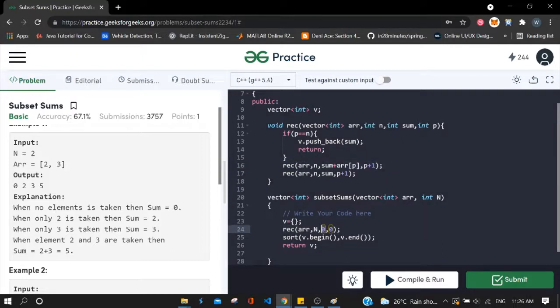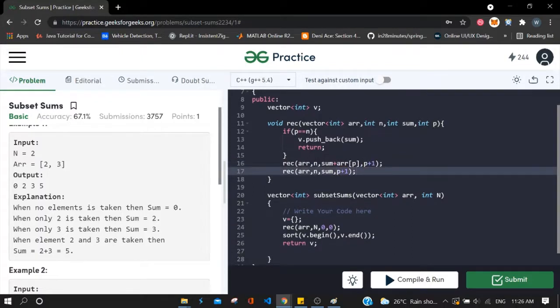Now we'll be adding array of 0, so the sum plus 2 will finally be 2, and we are incrementing the index, p plus 1. In the second case we have the leave-it approach, so I'm not adding anything, simply incrementing the index.